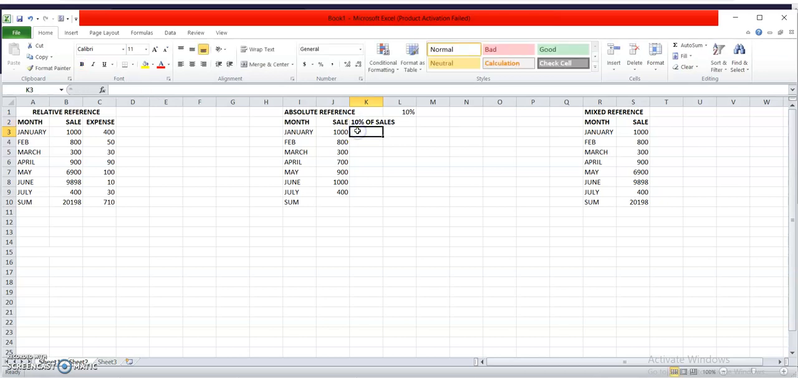How will I calculate it? I will use here the absolute reference. How can I use it here? I will start with a function that is equals to, then I will write the address of this column of this active cell, that is K3. After that, if I want to get the 10% of this, then reference is J3. After this I want 10% of this row, sales row, then J3